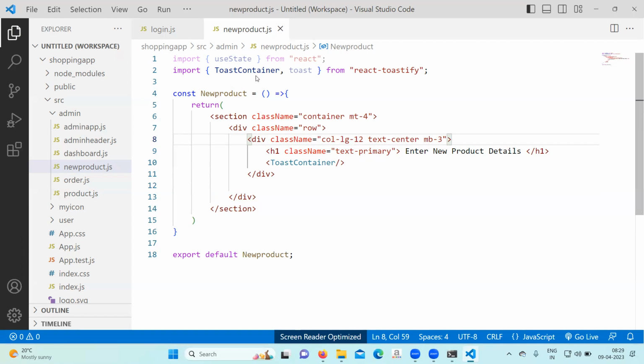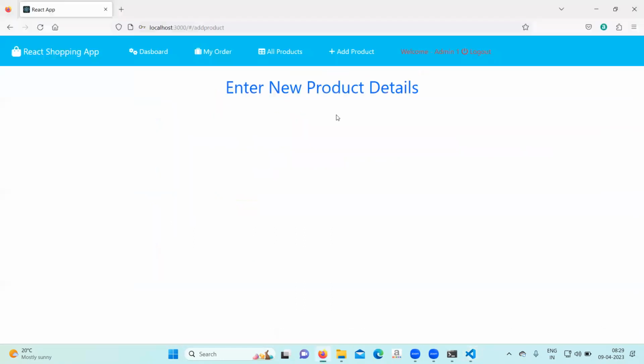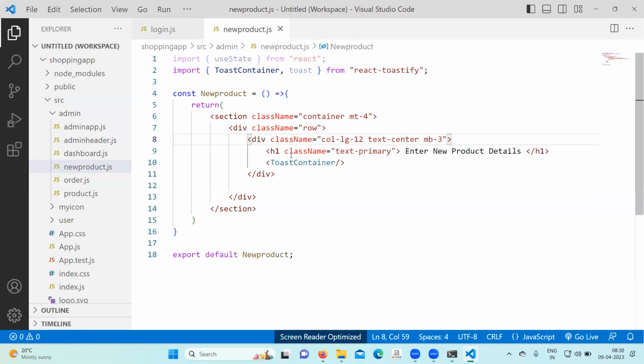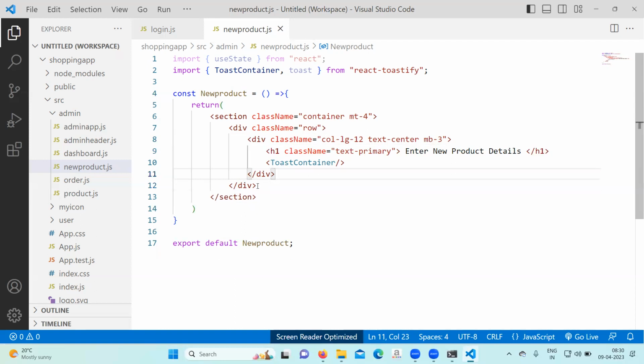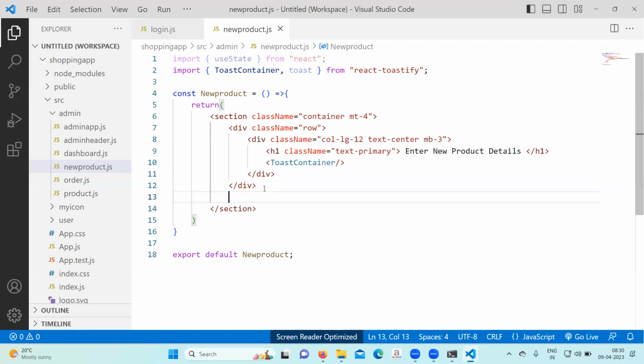After that, the new product will look like this: enter new product details. You will go after this, col-12. And okay, this row ends here. After this row,